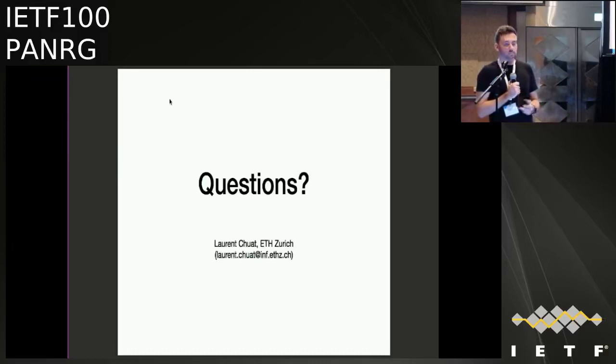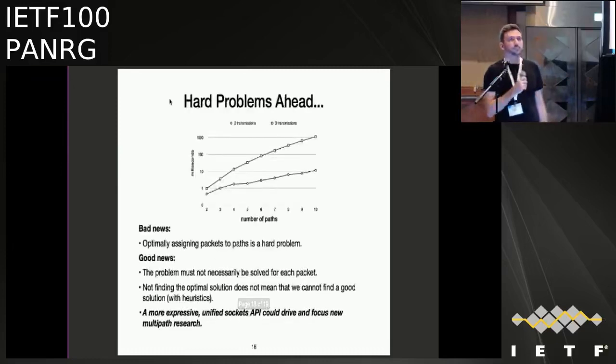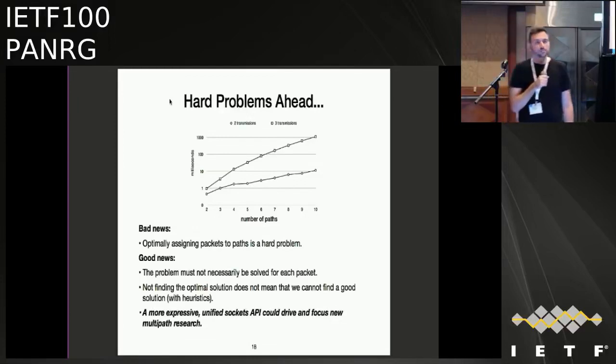Actually, could you go back to your last slide? It might be a little bit hard to see, but that's linear number of paths on the bottom and logarithmic time for computation. So clearly we can't do this for every packet unless we have more than 2 paths. There might be an optimization loop that you can do here where you could say, okay, I'm going to limit the number of paths just arbitrarily. That's scary, but that's why it's research.